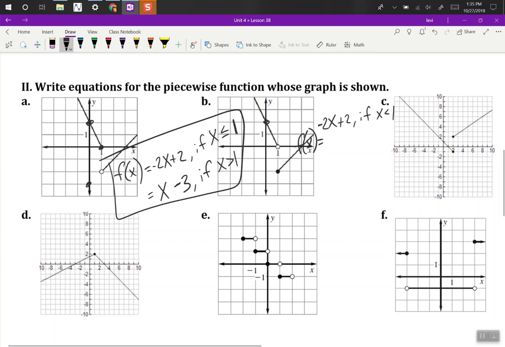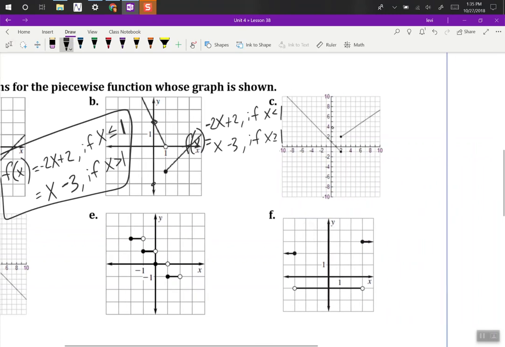It doesn't have the equal sign because it's an open circle. Our next one, if we continue this out, looks like it would be at -3 y-intercept, and we're going up 1/1, so that's x, and we are greater than or equal to